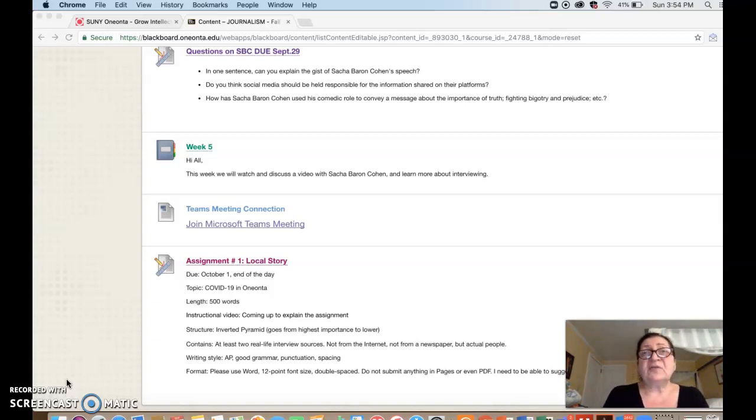Now we're actually going to pursue 2 sources. So I'm asking you further on the assignment sheet to contact at least 2 real-life interview sources. Not from the internet, not from a newspaper, but 2 actual people. So let's agree that these people will not be your closest relative, your closest roommate, a person who's right next to you, because that is super convenient and less attractive, less informative. But rather go out of your comfort zone, approach someone who's not your immediate relative or neighbor, and talk to someone new.